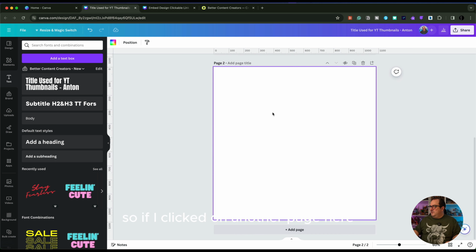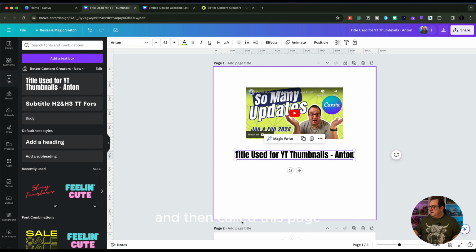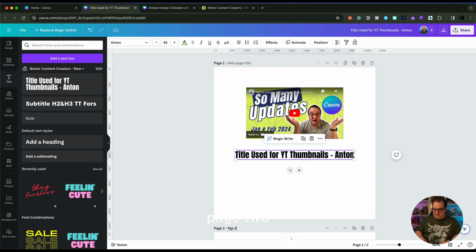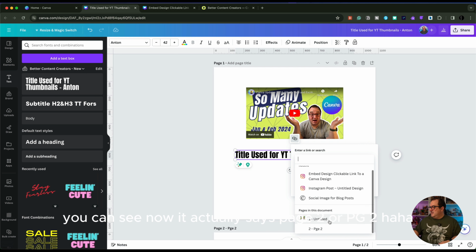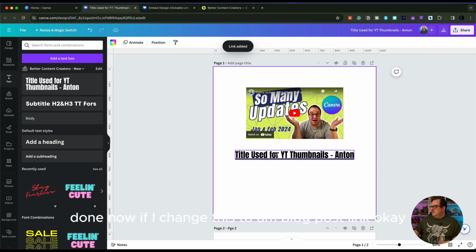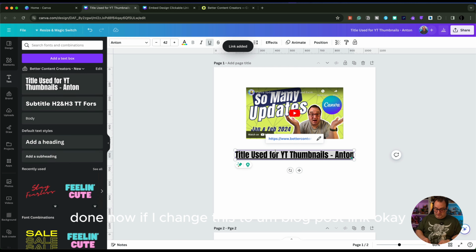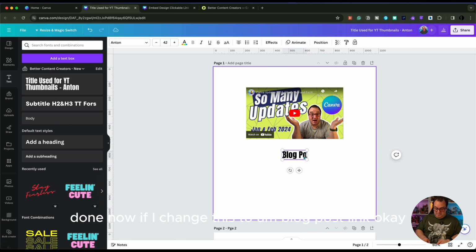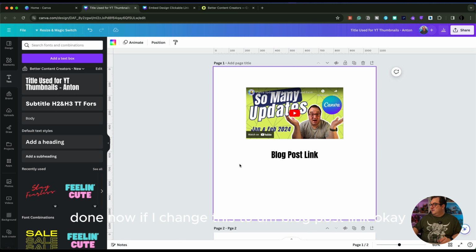So if I clicked on another page here and then called this page page 2, I'm just going to call it page 2. So we're going to come up, click Command and K on that one. You can see now it actually says page 2 or PGE2. Okay, but we're going to click and paste in there my blog post link. Okay, done. Now, if I change this to blog post link, okay,